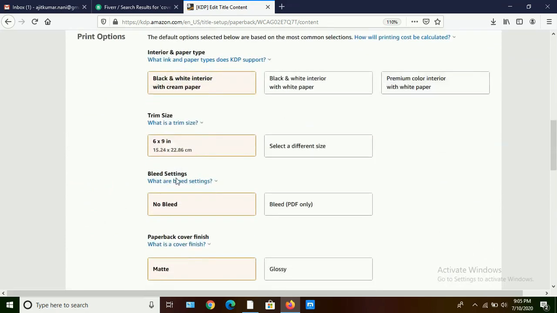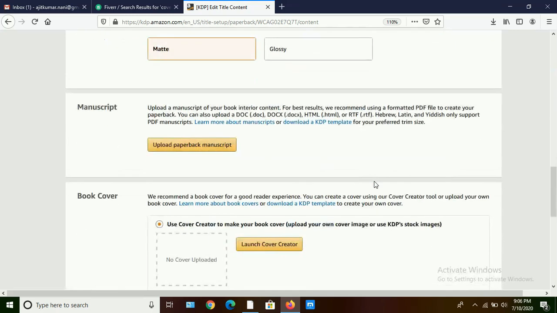This is our paperback quantities, the quality of the paper, the size of the book and paperback cover, everything. Then again upload the manuscript.